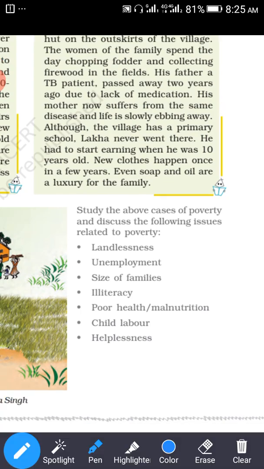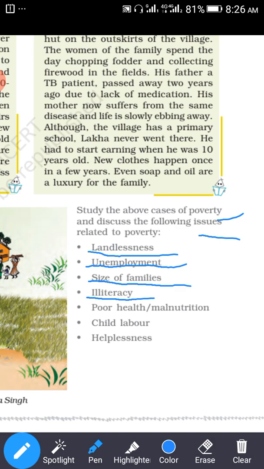What are the causes of poverty? First one is landlessness. If they are landless, they are unable to do their work on their own land because they haven't any. Then they are unemployed, and if they are unemployed, they are unable to fulfill the basic things. Another one, which you have to understand, is the population size of the families. So no one is attending school. It means that it increases the